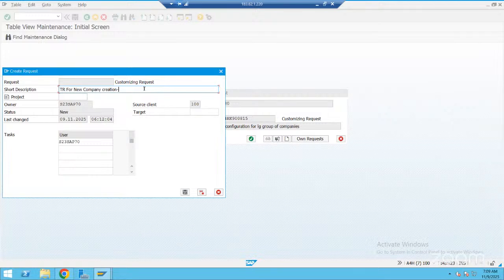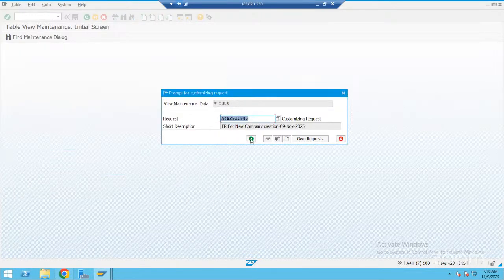Say, suppose, 09 November 2025. If we give a meaningful description like this, it'll be easy when you are searching in SC09. SC09 is the T code to see the transport request. Save it here. Press enter here.